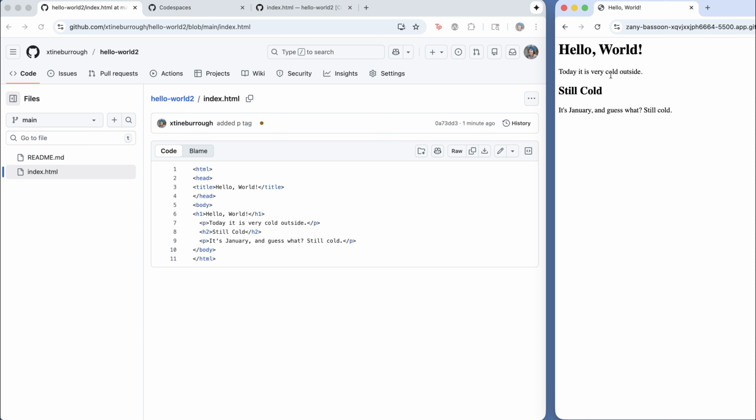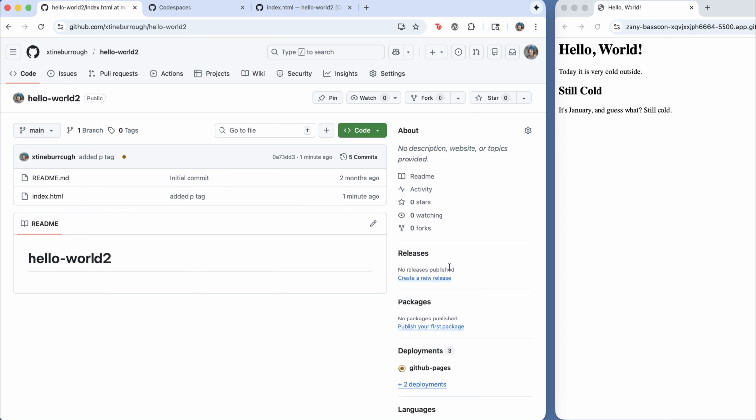So remember, this view of my work is just the live server demo view of edits that I was making in GitHub Codespaces. Codespaces will hold on to my work, but it's not published live for anyone else to see. It's just temporarily live for me to see while I'm working. However, GitHub Pages is going to show you what's in your repo, and that is published in a place that you can